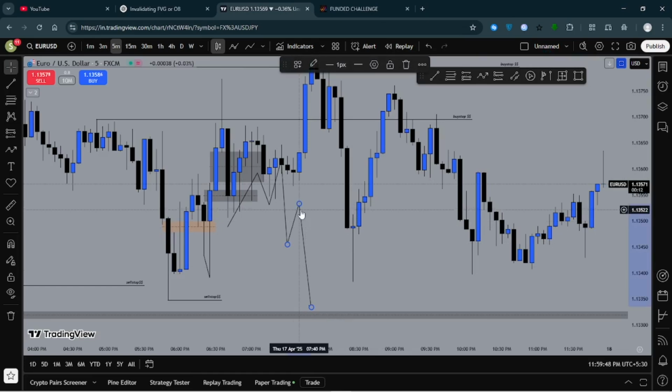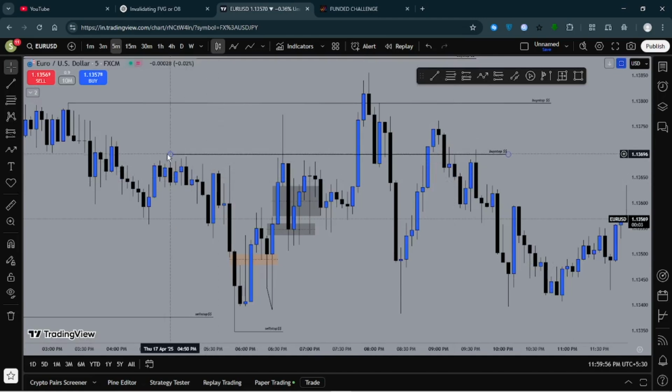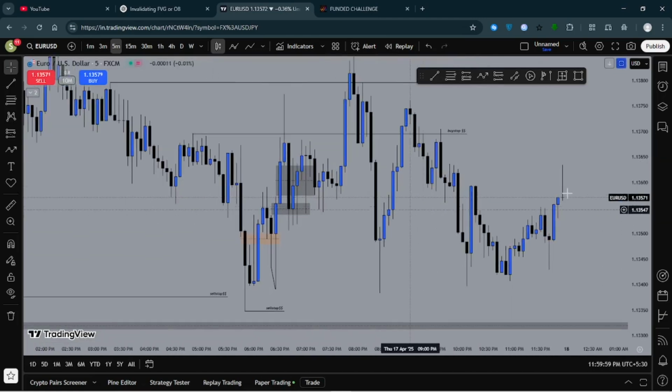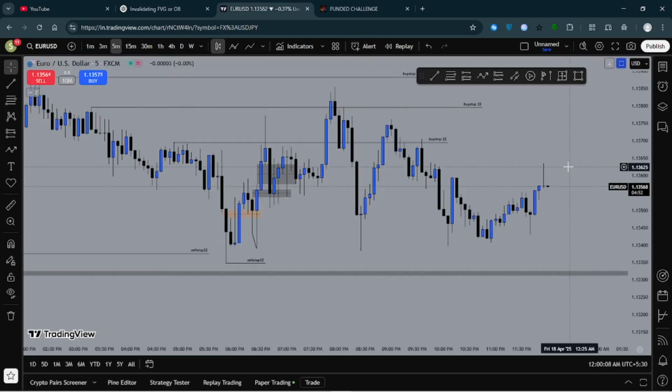This is the amount of confirmation structure I need to validate my bearish bias from here, because we swapped this buy side. And if I really want to see price go to the downside and come back to this sell side and this sell side, I want to see these specific things happen. Then I could have confirmed this one as a bearish model. But this thing was absent here.